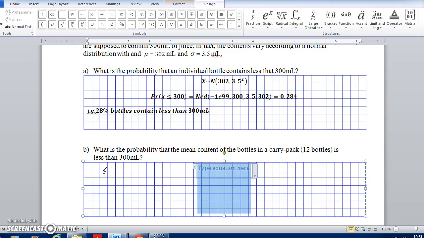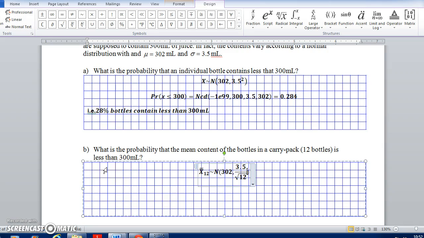So we're working with the distribution where we have a sample size of 12, and we know that it is normally distributed, and so it has, from the central limit theorem, a mean of 302 and a standard deviation of 3.5 divided by the square root of 12,